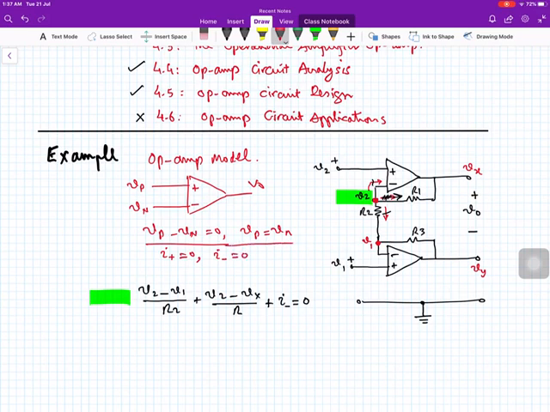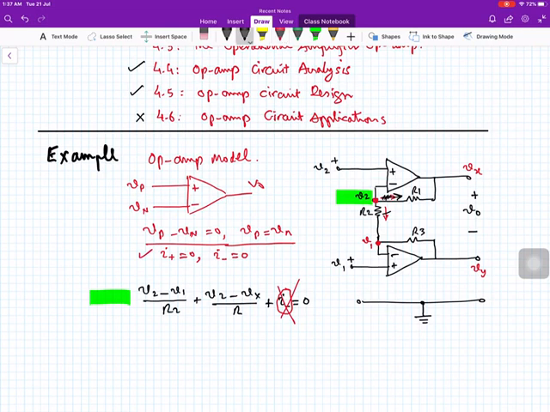Actually, these currents are so small that we can ignore them. So look at the circuit diagram. This is the current entering the non-inverting input, and as this current is 0, due to our assumption,